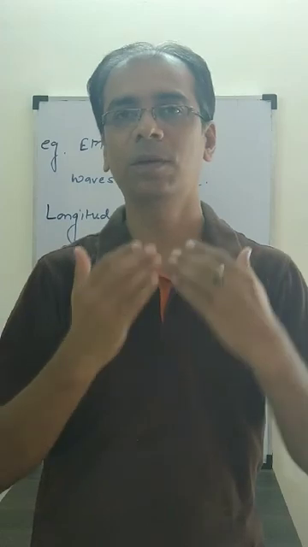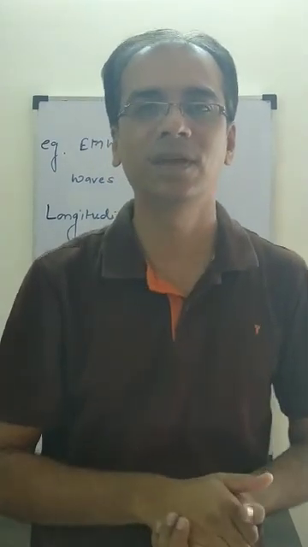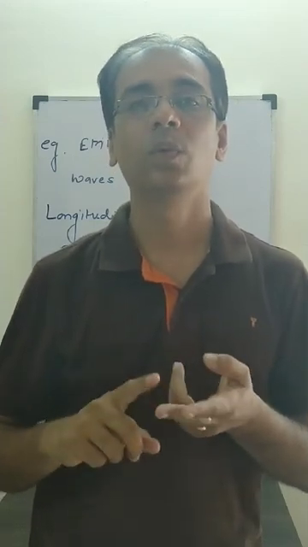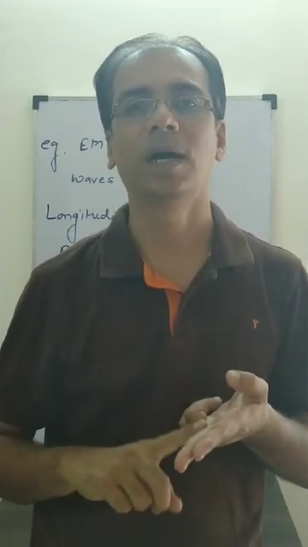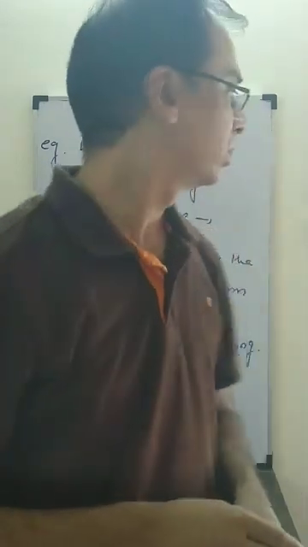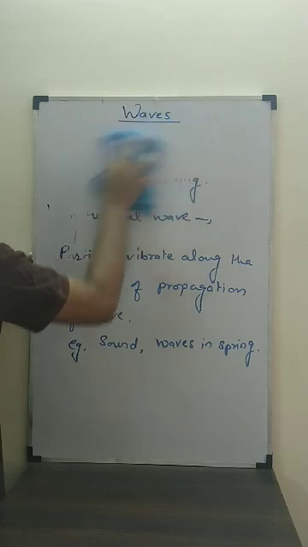Exactly the same way, when we talk about longitudinal wave, are the air particles near my mouth reaching the other end? Answer is no. They are here only. So there is no mass movement happening in the wave. So what is the definition of wave now? It is a disturbance that carries energy and momentum without actual transfer of mass. That is the actual definition of the wave. I hope it's clear to you. Now let's discuss further about waves.